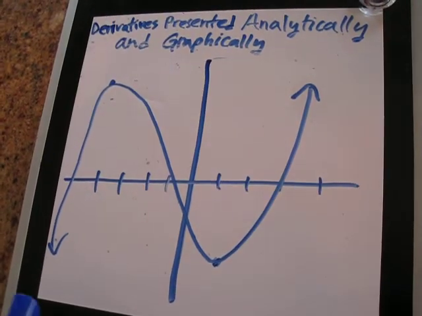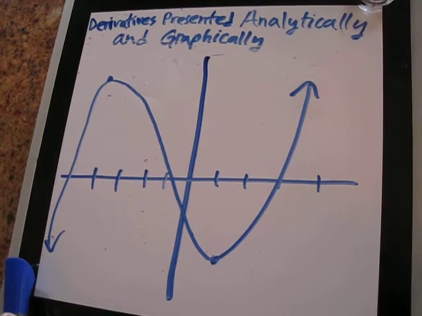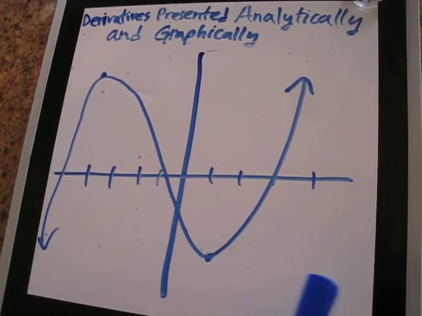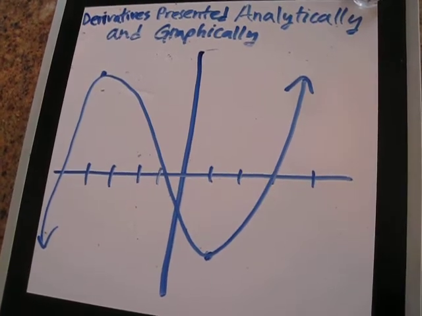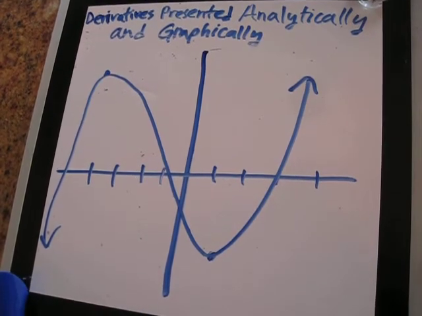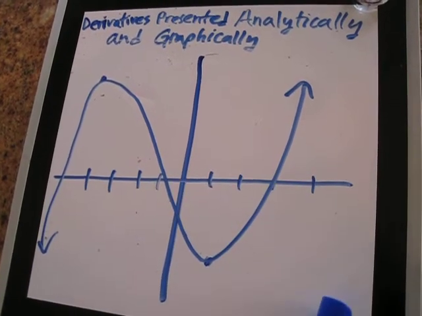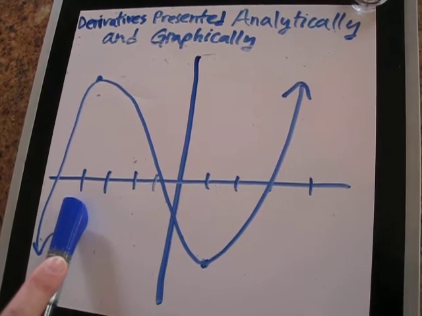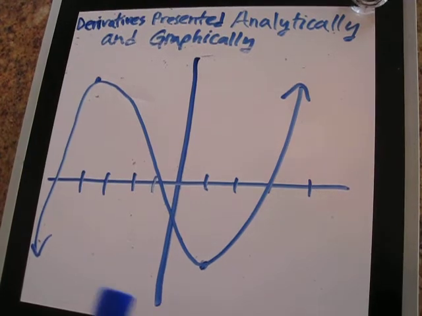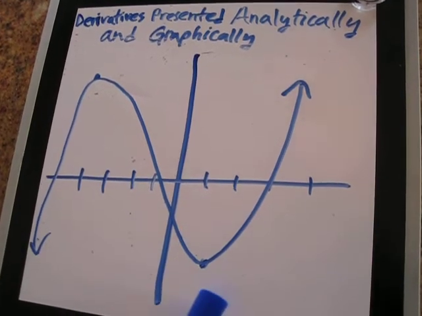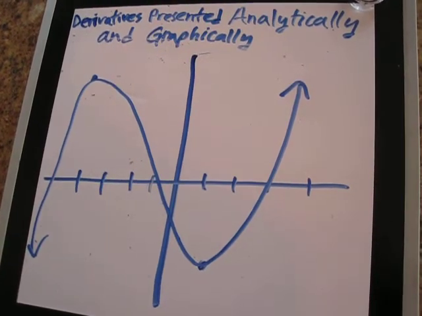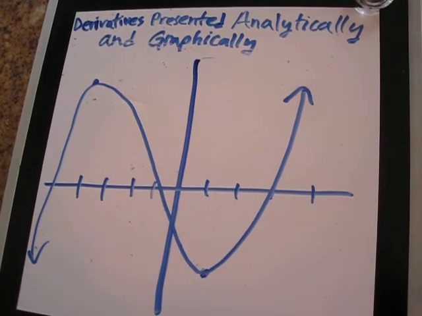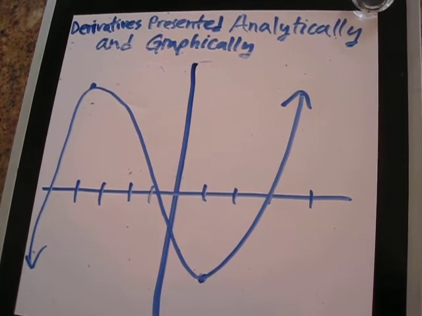This function is increasing from negative infinity to negative 4 and from 1 to infinity, so its derivative is positive from negative infinity to negative 4 and 1 to infinity. Also, the function is decreasing from negative 4 to 1, so its derivative is negative from negative 4 to 1. This is just an example of how we can look at the graph of a function and draw some conclusions